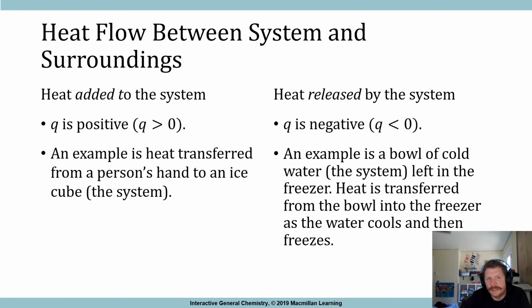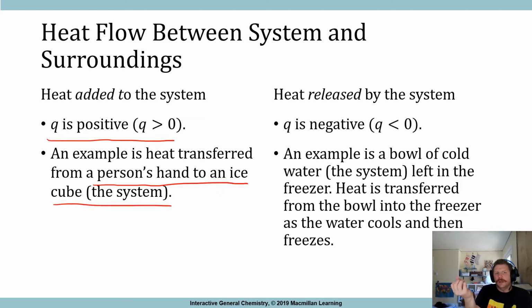Heat flow between system and its surroundings. When heat is added to the system, Q is positive. An example of this is heat being transferred from a person's hand to an ice cube. If you've got an ice cube in your hand and you close your hand on it, heat is going to be transferred from the hand to the ice cube. That seems a little weird because if you're holding an ice cube, your hand is going to get colder. Well, it's getting colder because the heat from your hand is being transferred into that ice cube,